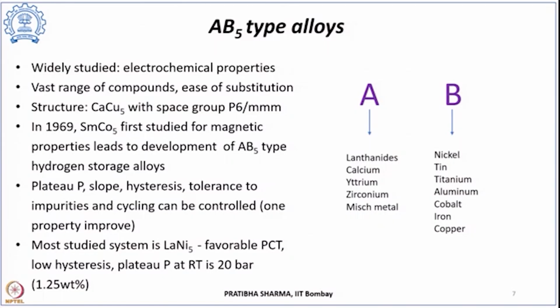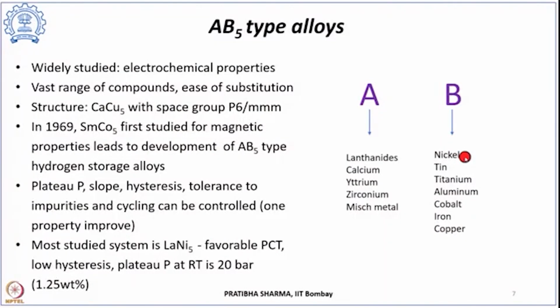So it can have different composition depending upon the different source. Usually a general composition could be like 45% of lanthanum, 50% of cerium, others could be neodymium or praseodymium. On the B site it could be nickel, tin, titanium, aluminium, cobalt, iron, copper, silicon. Now when this alloy class is being considered, because of this alloy they have hydrogen storage characteristics, and their